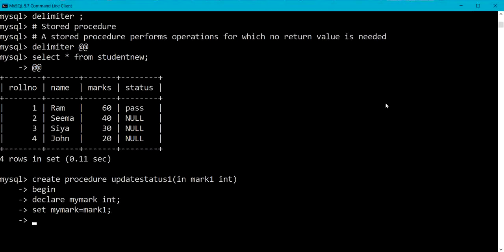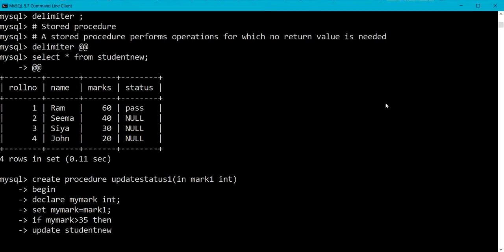So now whenever we are using stored procedure, there is a support of using control structure and looping construct. So here I am going to use the if statement. If my mark is greater than 35, then I am going to update status of the student.